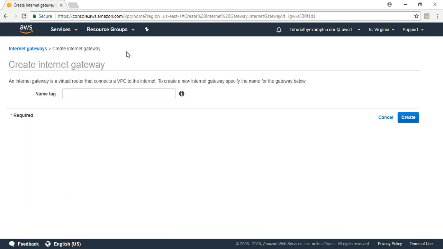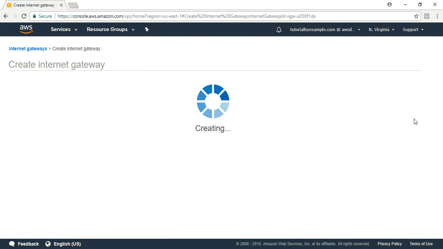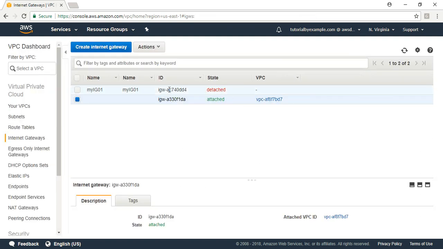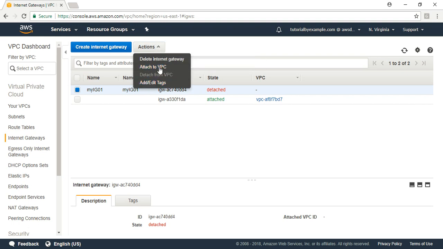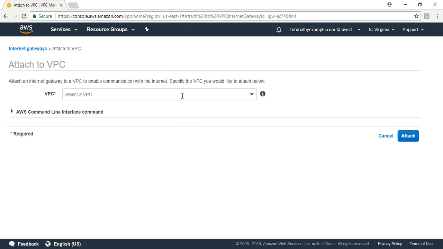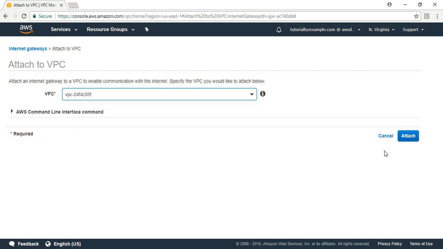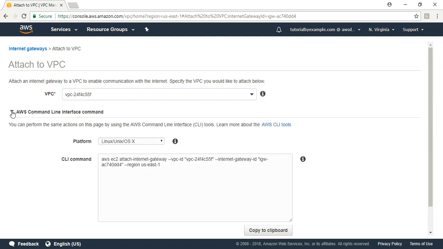Click on create internet gateway. Name it my internet gateway 01. I'll just mention that in 01 and create the internet gateway. Once created, by default it will be in the detached mode. Click on Actions, click on Attach to VPC. So between the internet gateway and VPC, there is a one-to-one relationship. Just go and click on attach, and you can perform this in the command line as well